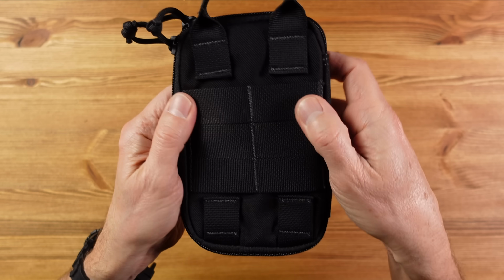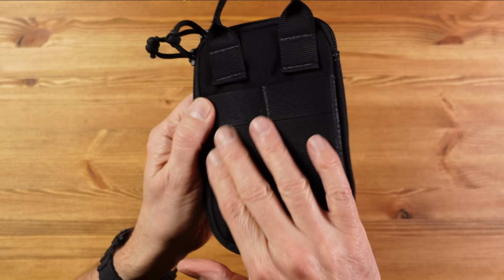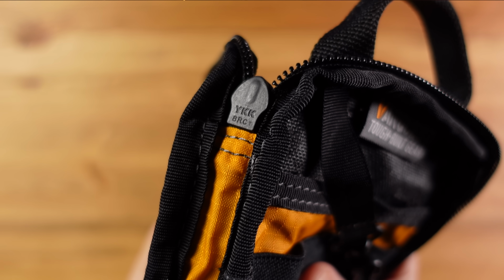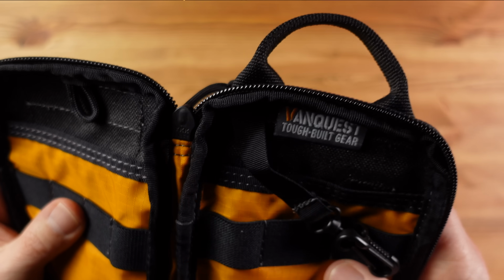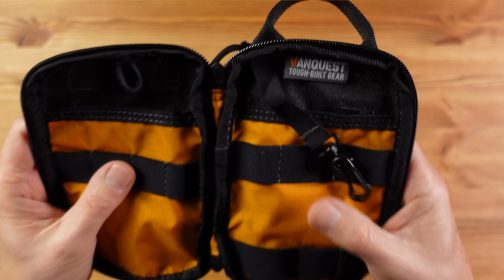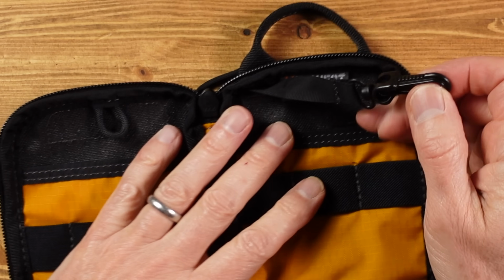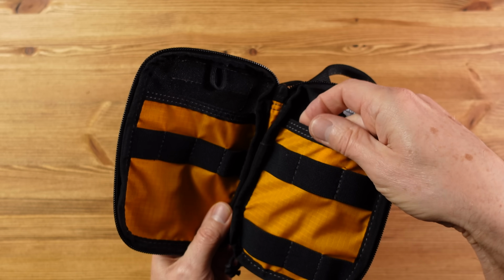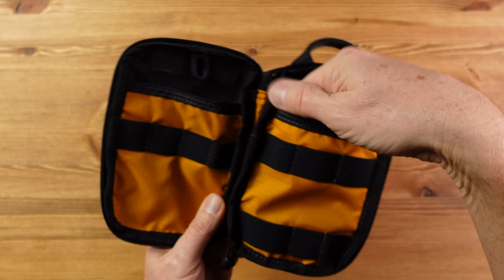And then we have the same PALS MOLLE webbing on the back. The zips are YKK, so you see there is an emphasis on quality here. We have the same attachment loop and plastic clip which we see on the Maxpedition. You can see here we have a brighter lining, which I think works well, as you can see the contents